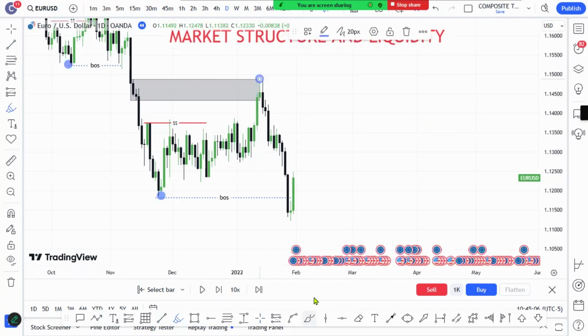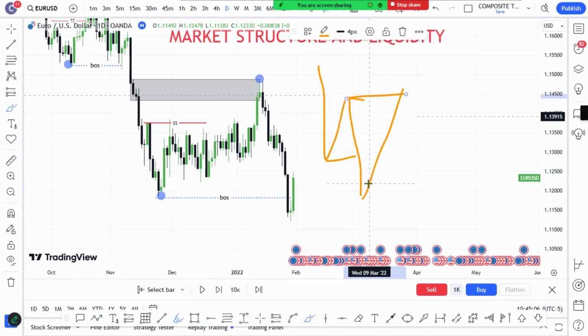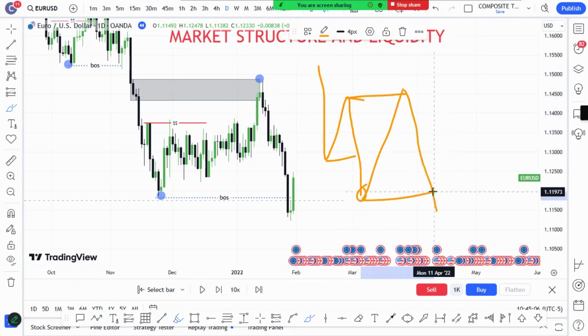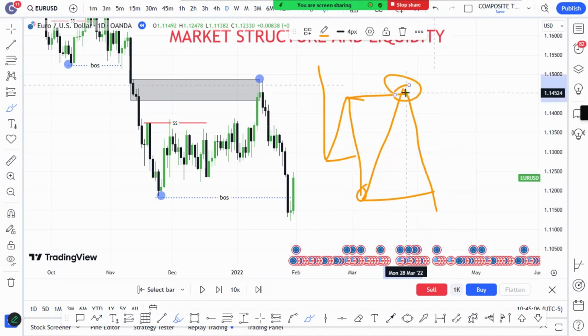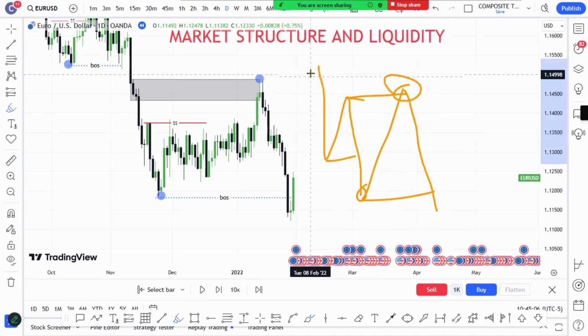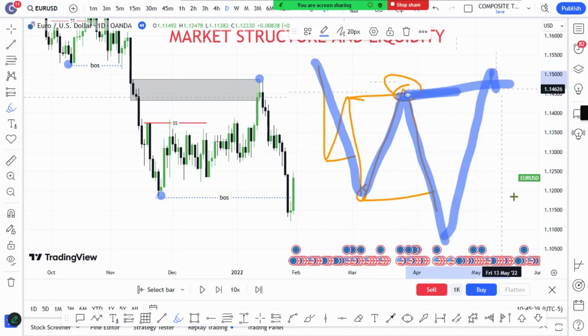But there are some scenarios whereby the market will do this, break the structure. This is your inducement, goes higher, takes out the inducement, this is your lower low, and the market will just go down without giving a pullback and breaking the structure. If the market goes like that, then even if this is a protected high, and you don't have any other pullback here, this means that this market structure in a different way just looks like this. And this means that the market needs to go higher, take out that particular high, and push to the downside.